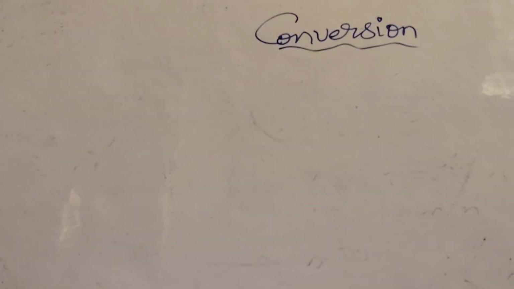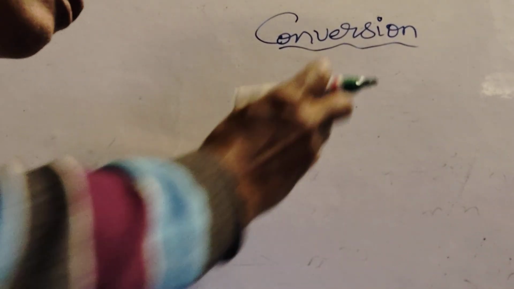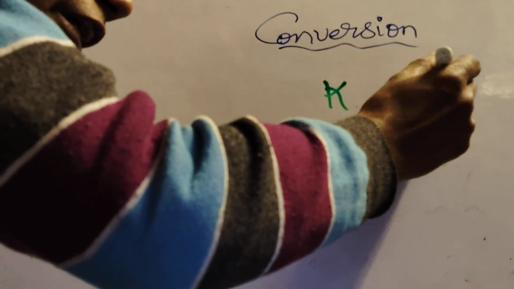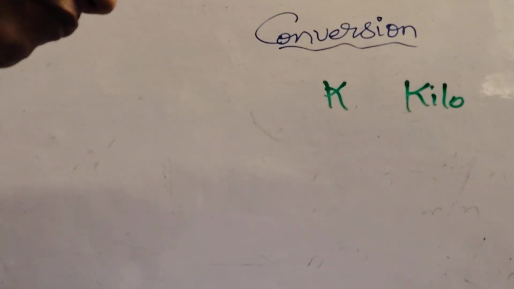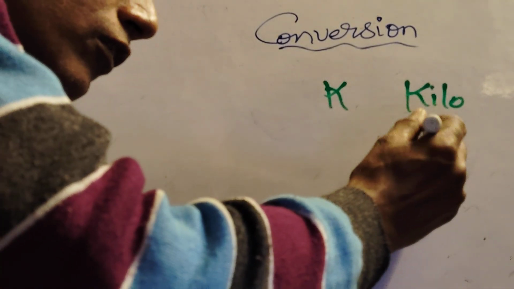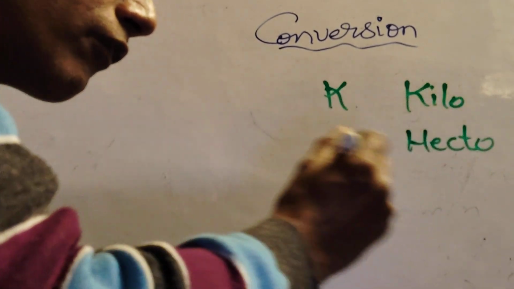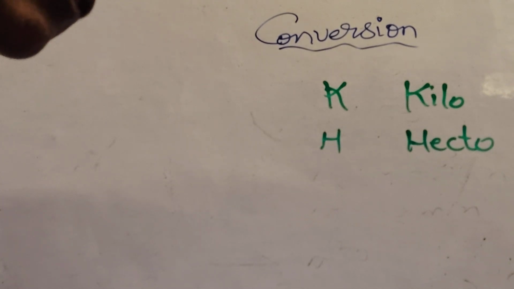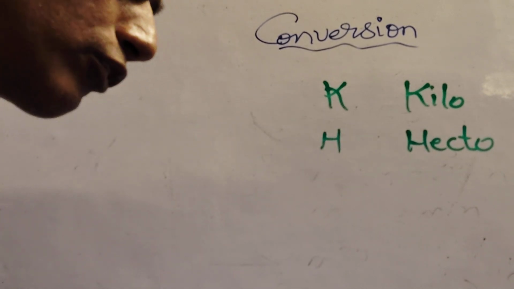Conversion. First we start with K for kilo. K is kilo, a prefix. After kilo, can you tell what is smaller than kilo? Hecto. Smaller than kilo is hecto. And smaller than hecto is